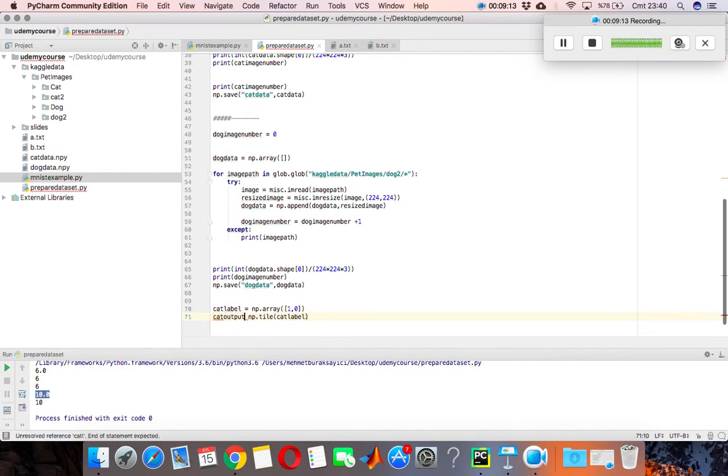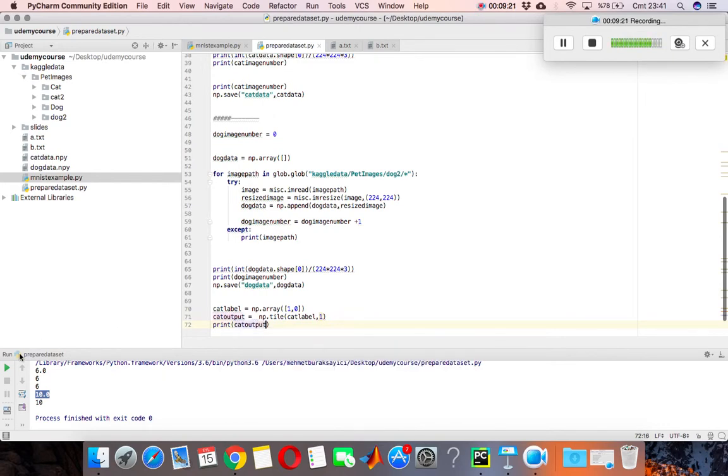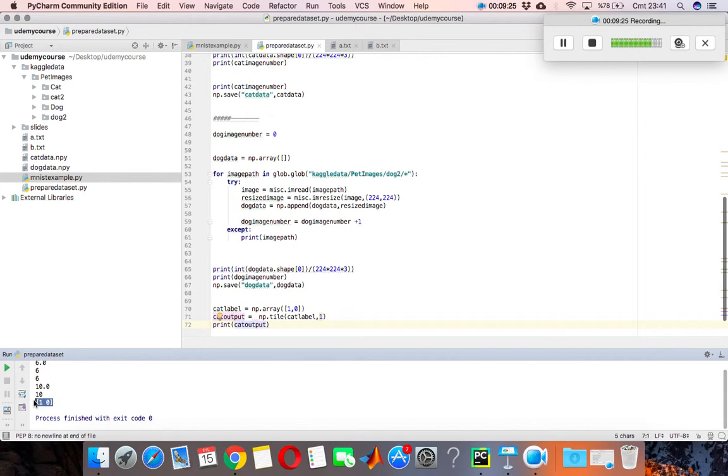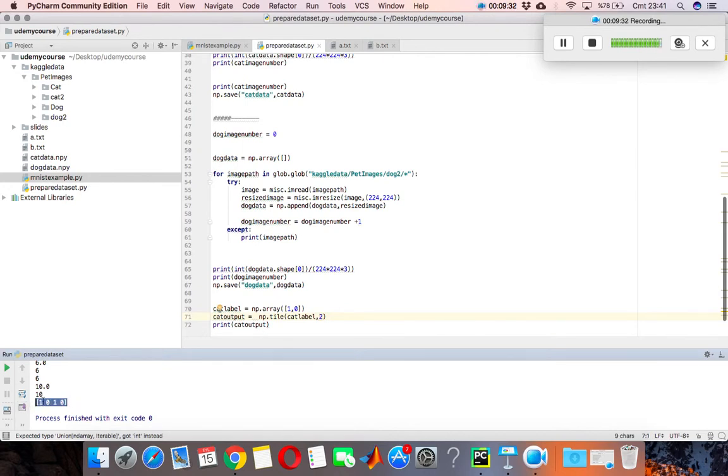Let's say this is cat output. With NumPy tile, if I say 1 here and print cat output, I will get only 1 0. If I write here 2, I will get 1 0 1 0, and